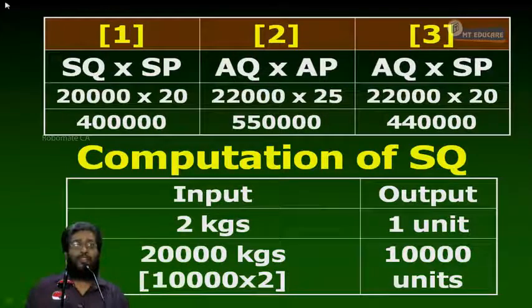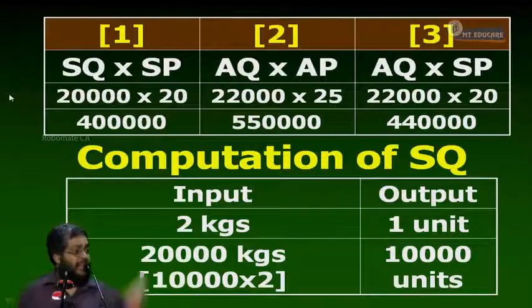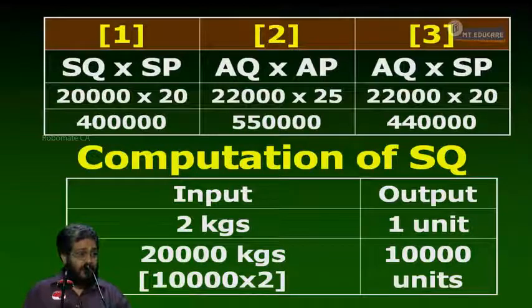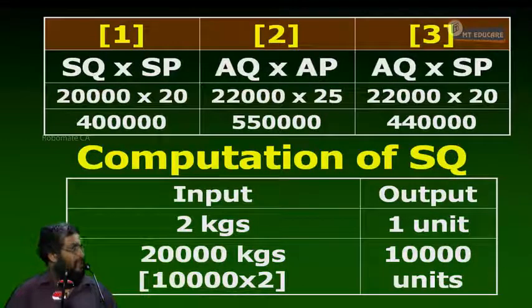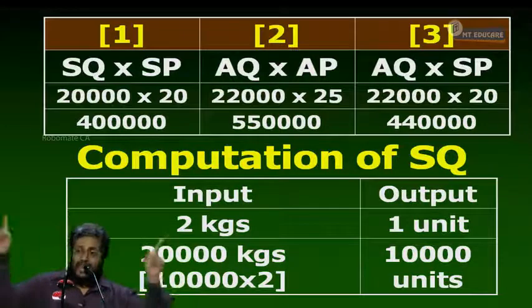Now, in that case, the simple question is, when I calculate the usage variance, the difference in usage is multiplied by the standard price. When I calculate price variance, the difference in price is multiplied by the actual quantity. So why the inconsistency in both these approaches? Are you all following what I am saying? Now, here you should understand the work properly. What is the work of the purchase manager? To purchase any quantity ordered. His work is to purchase any quantity ordered.